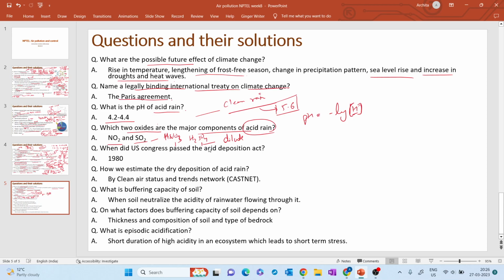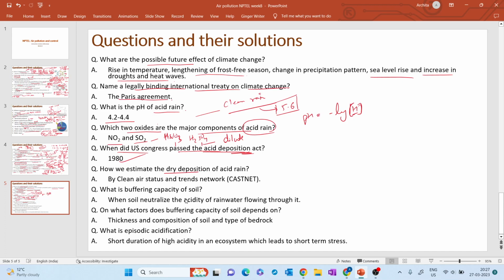Now next, there is something which I believe you need to remember: the Acid Deposition Act, and the year is 1980. So just remember the date. And another thing is that generally we think that acid rain means wet deposition, but acid rain can also be from dry deposition. The methods for dry deposition are not written much in the lecture, but